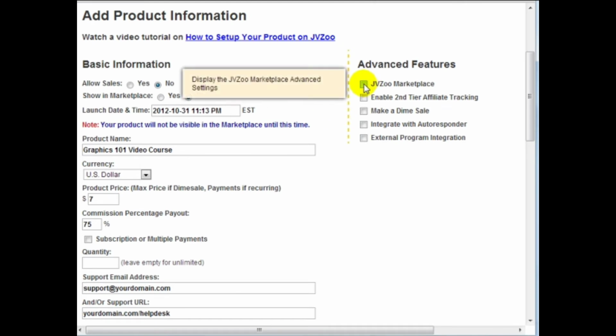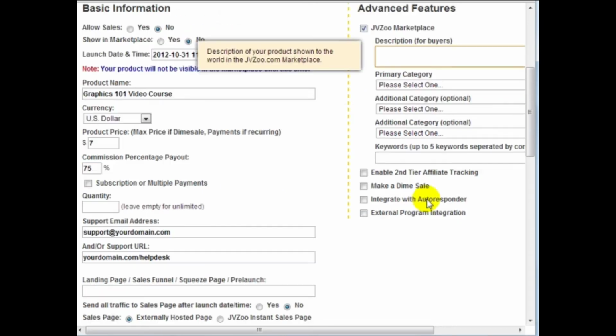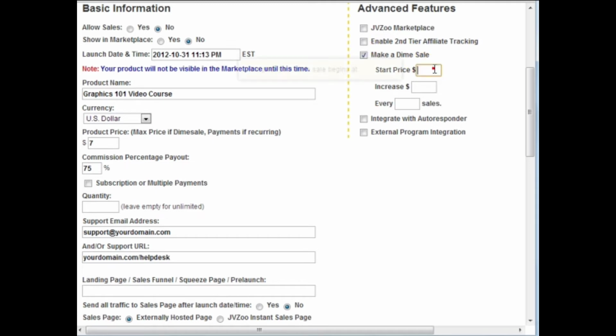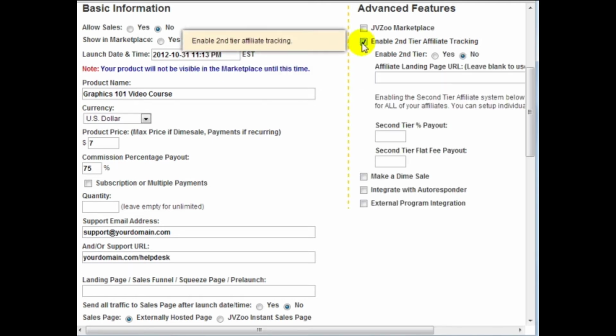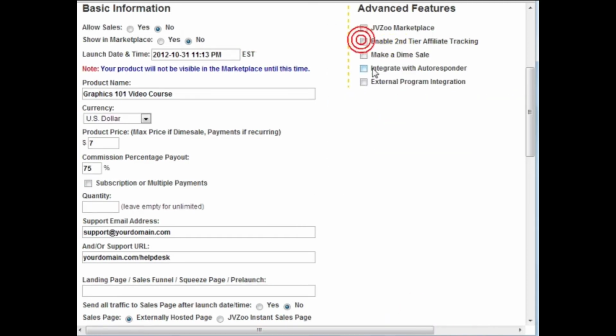Now also, if you check this JVZoo marketplace, you can enter your description and category and subcategory and so forth. In this case, I'm not doing dime sales, but you can do dime sales if you want to. And then you can also enable second tier affiliate tracking. If you do this, this is good for JV brokers and so forth, but I'll talk more about that in